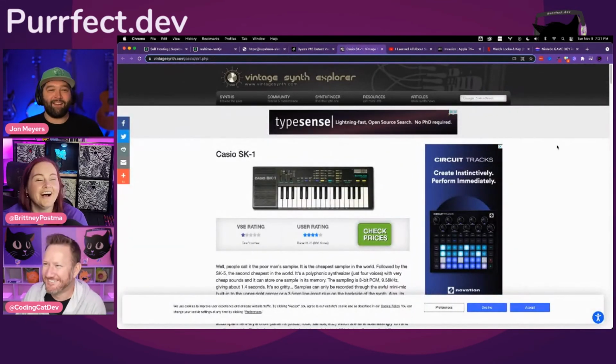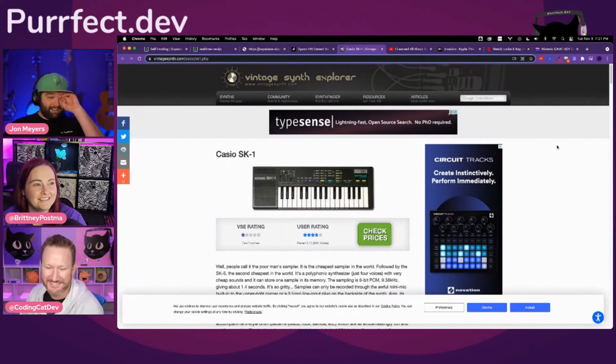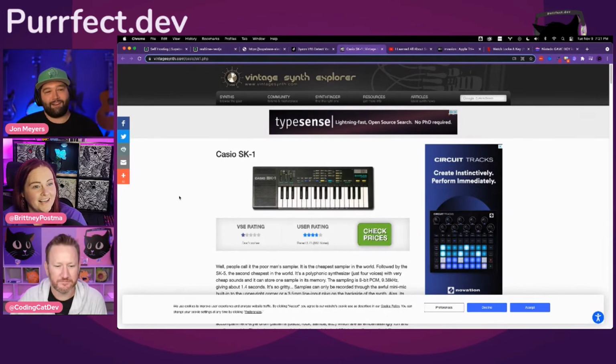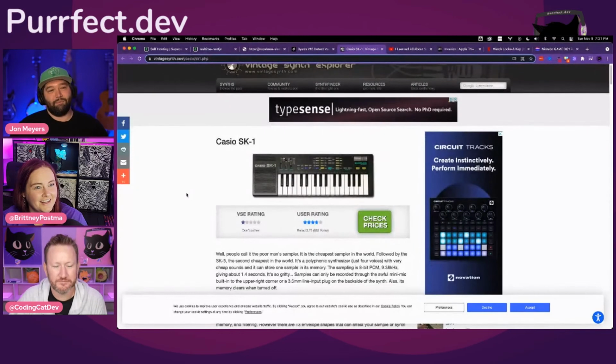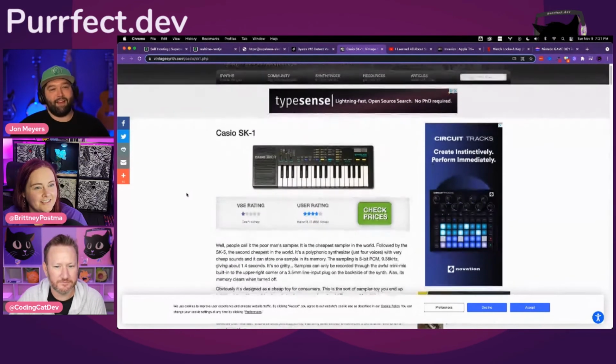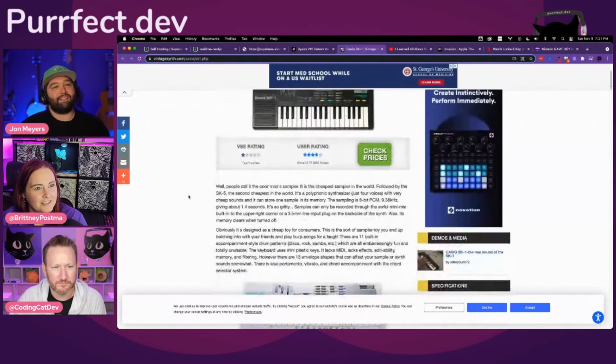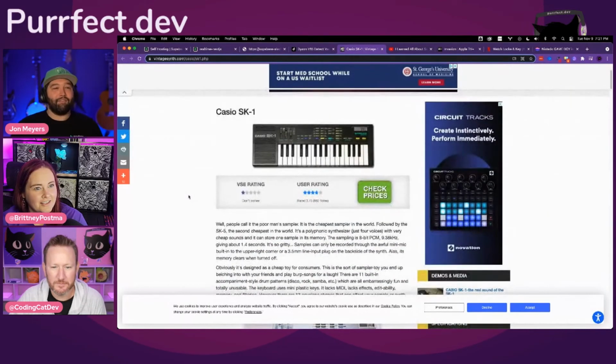All right, my next pick. I know it doesn't look like just a parent pick, but this is absolutely a parent pick. This is a Casio SK1, which is a sampler, like a kid sampler, from the 80s, maybe 90s. I recently bought one of these for our daughter, kind of for my daughter, kind of for me. I like producing digital music.